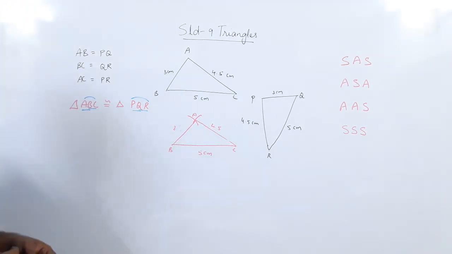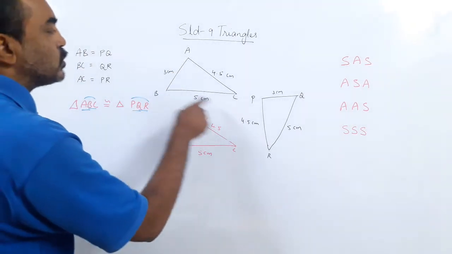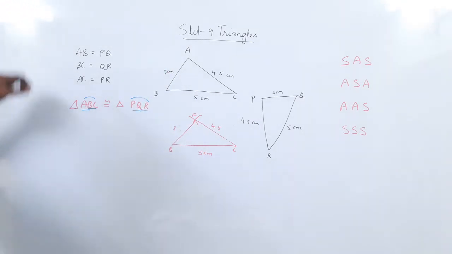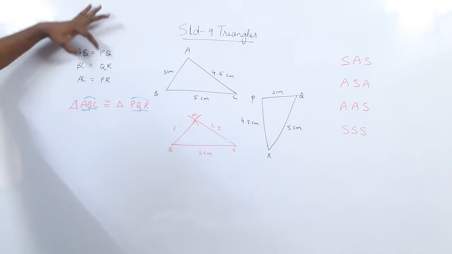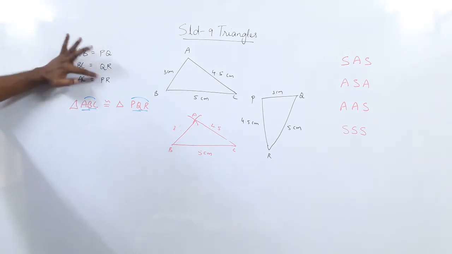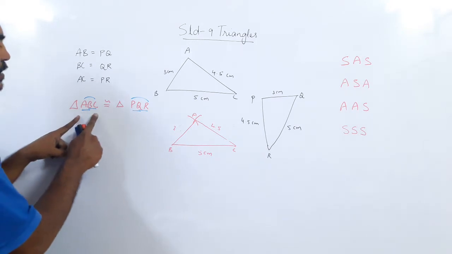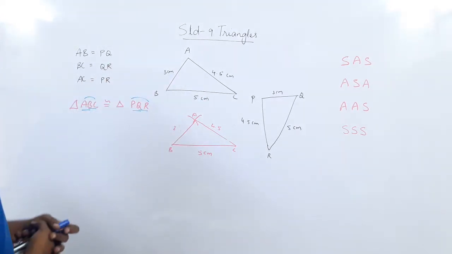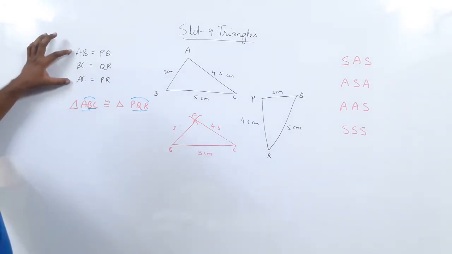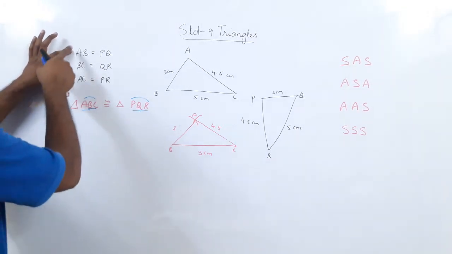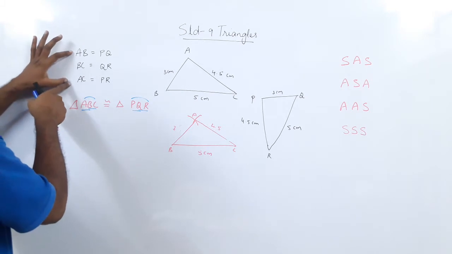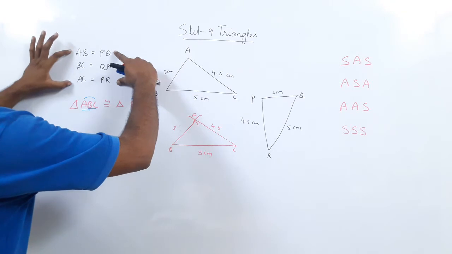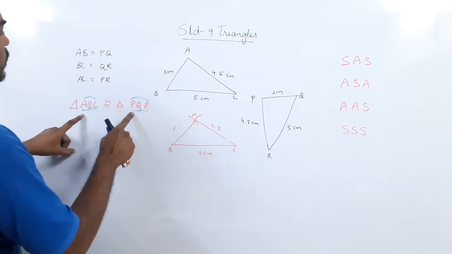So you have to be very, very sure, and it is very important to write the correspondence properly. Now you see here, how do we write it? We have got AB, BC, AC, PQ, QR, PR. So if I write ABC here, the correspondence is very important. The sides may be equal, but how will you check the correspondence? You see this AB and AC. In AB and AC, what is common? A is common. In the same way, you look at PQ and PR. What is common? P is common. Means A corresponds to P. So in front of A, you write P.